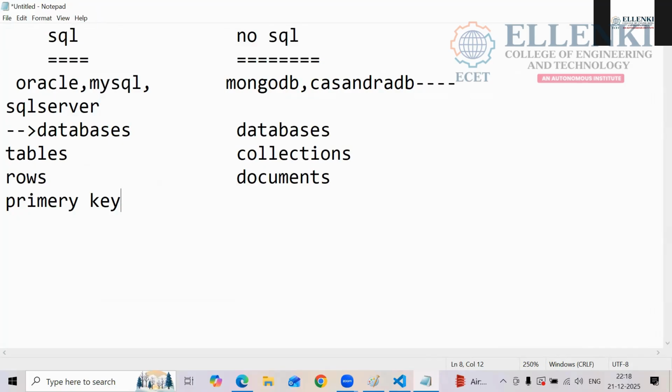Now, here we are using a primary key. This primary key is used to get the unique values. But in this one, we are having an ID.